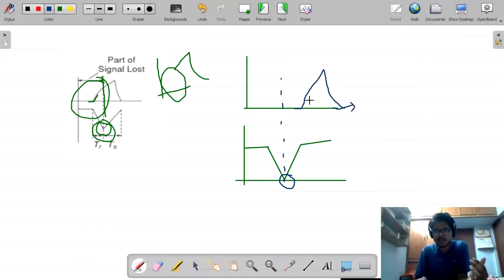Okay, I will start my signal from here. So there is no loss of signal at this space. There is no signal, so there is no loss of the signal. Okay, hope you understand how I can prevent the loss of signal by using the delay circuit. This shifting of my input signal is only possible by the delay circuit. This is the process by which I can delay my input signal such that there is no loss of the input signal on the CRO.